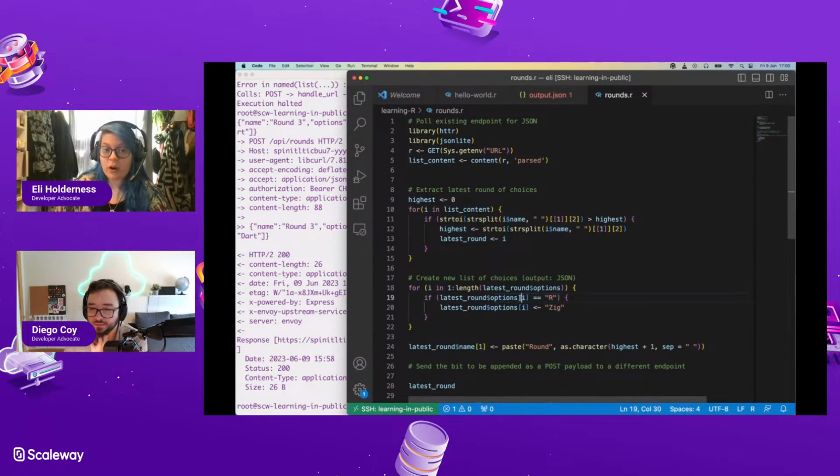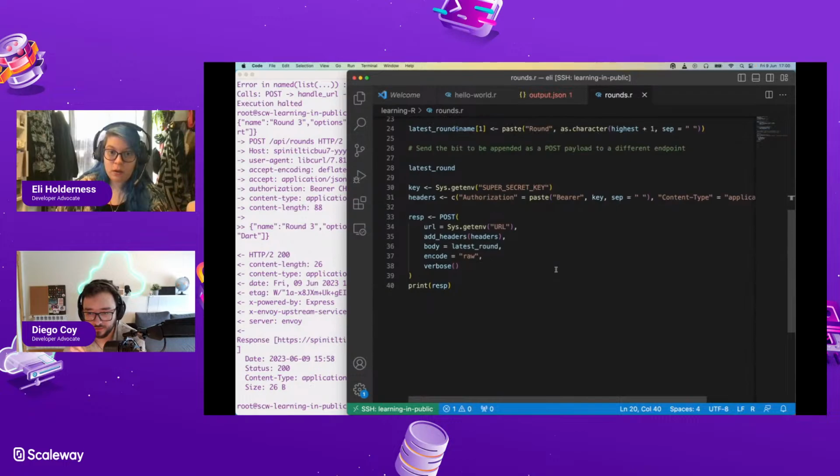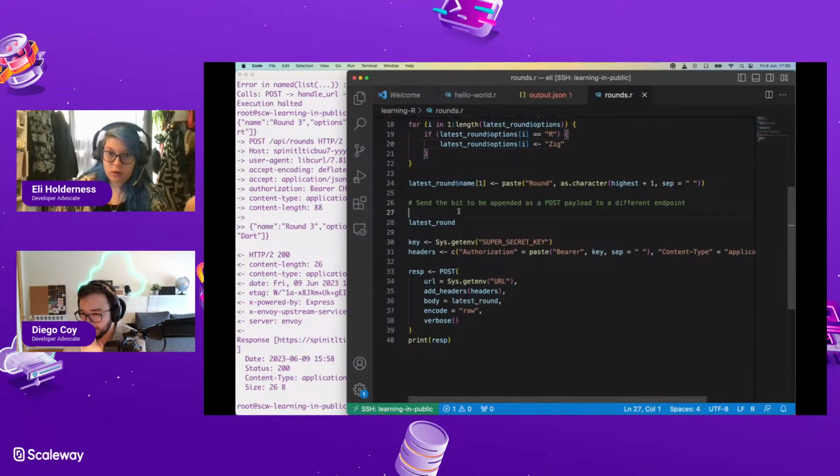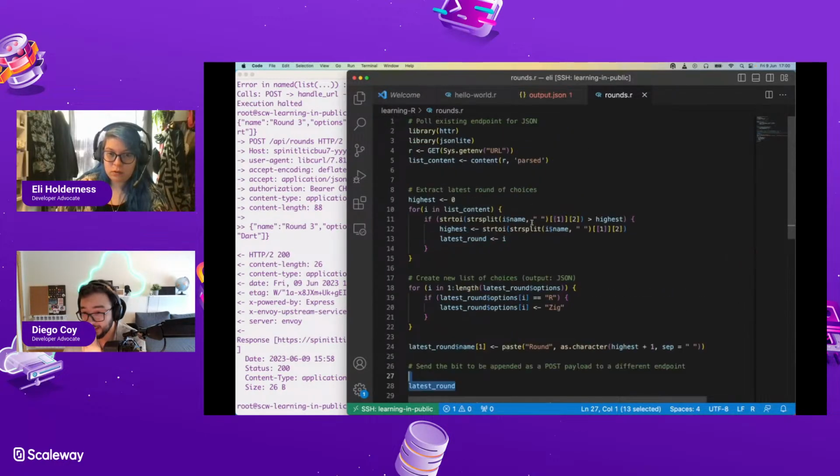Options is clearly an array of characters because that's what we have here. So that part is fine. So maybe we need to just send that. Parse latest round. Content parsed. Options, no.